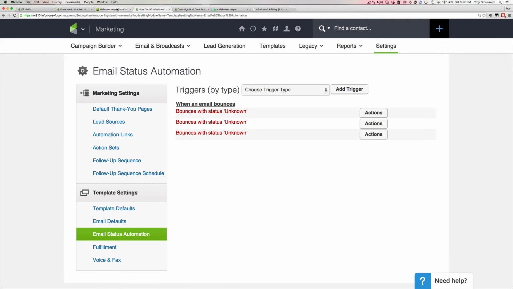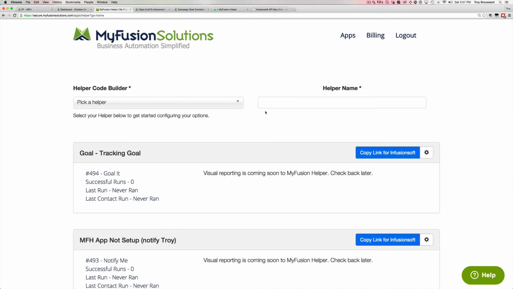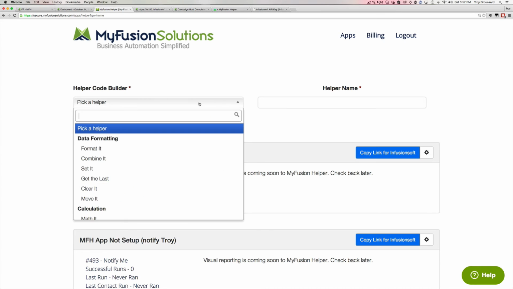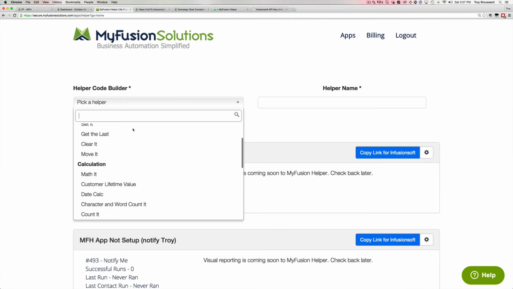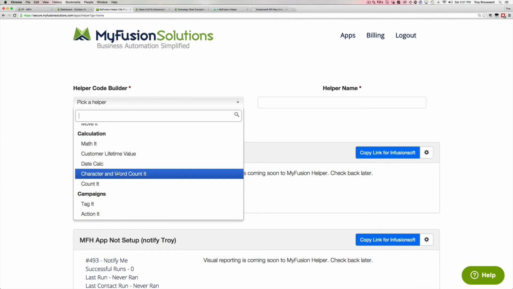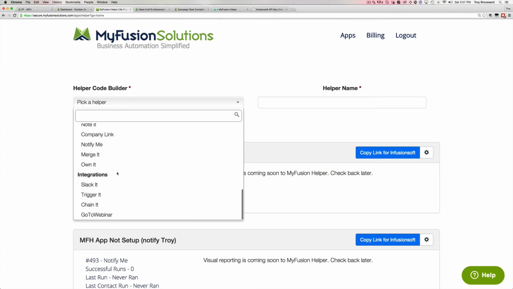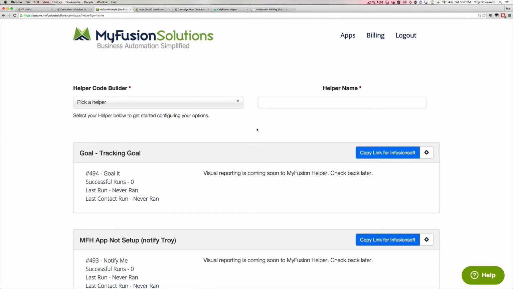And that is really a quick overview of how to use the application. There are a lot of different helpers here. We'll have more tutorials coming in the next few days showing you other features and other helpers that you can utilize, but I just wanted to give you a quick start on the goal helper because that's one of the most frequently used. It allows us to quit using tags for functional stuff, right? To start campaigns and stop campaigns and tracking tags and all of that isn't really necessary. And I'm going to show you how we can use those goals more